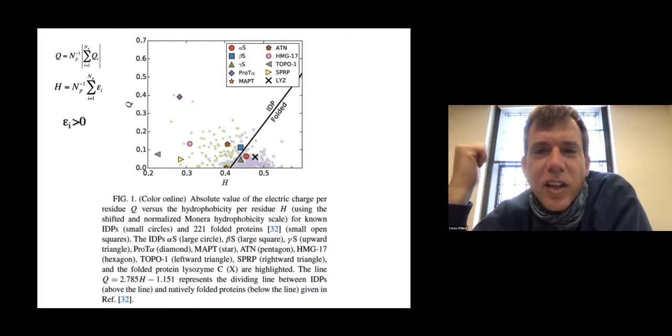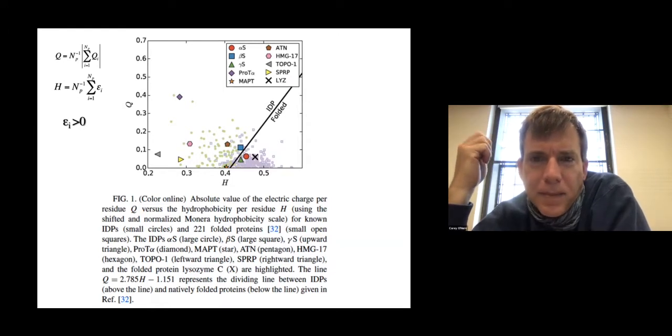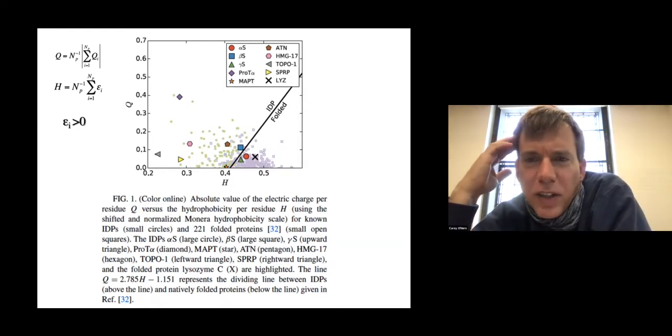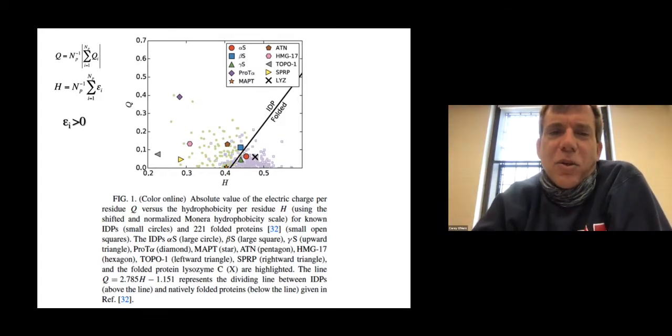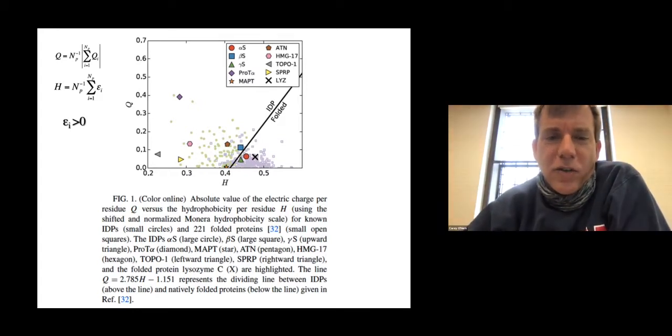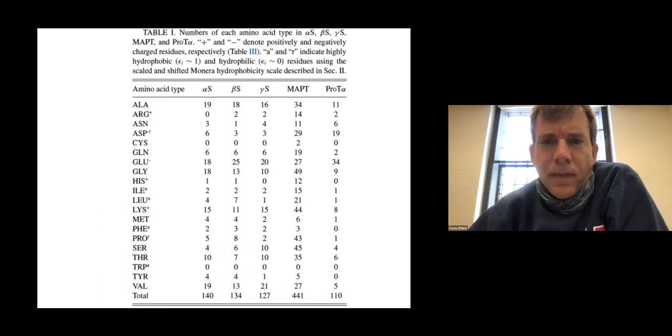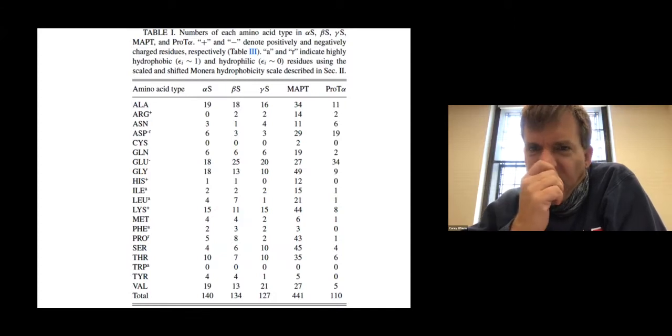But some of the others like pro-T alpha, well, that's the main one that I'm looking at right now, is definitely towards the high charge, low hydrophobicity side. Okay, so